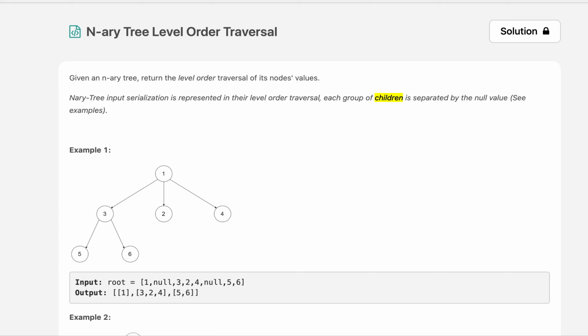time. Without much ado, let's look at day 6 of the August LeetCode Challenge, N-ary tree level order traversal. The question says we are given a tree where each node can have any number of children. We need to perform level order traversal on this tree. Let's look at the presentation that I have created for this and get started.